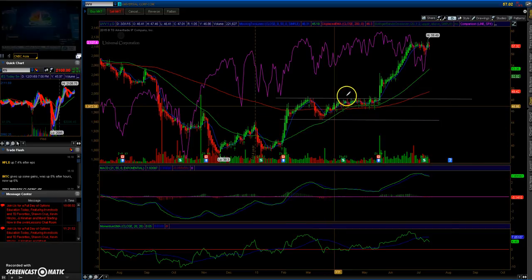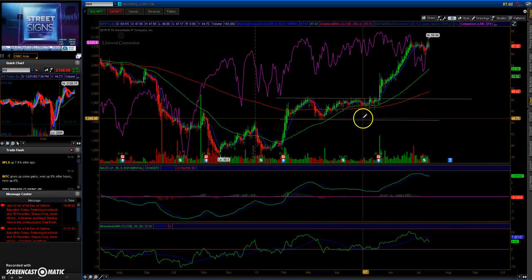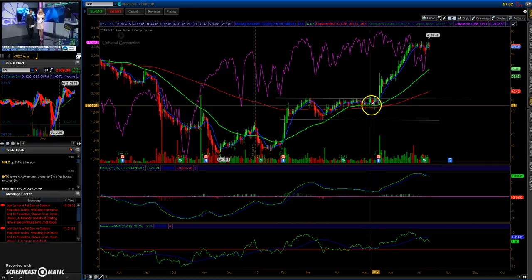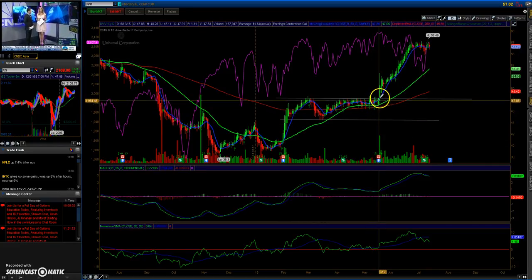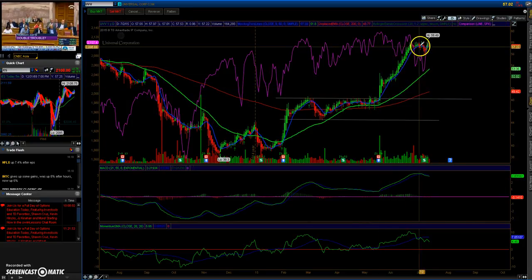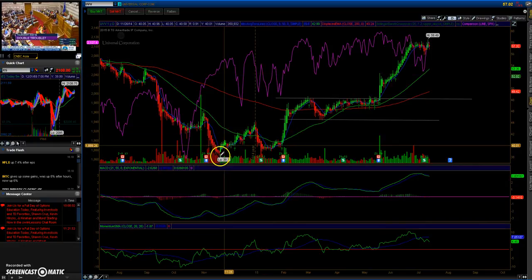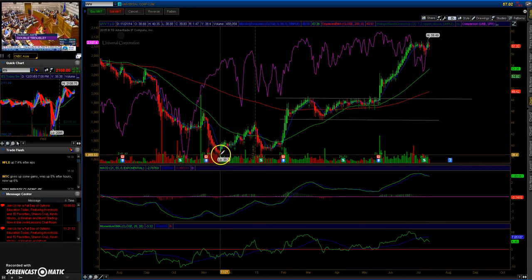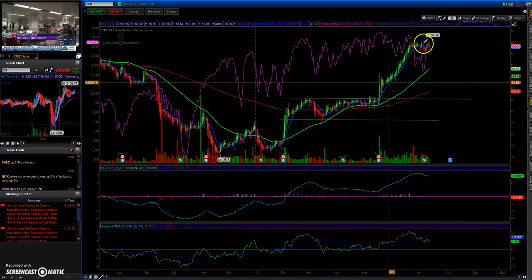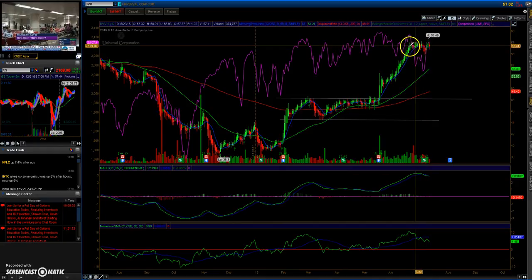So I expect price to play around this channel. Price is either going to break to the downside, then take the trade, or price looking like it's making its way up, and once price broke over here, you take the trade. And now you would have been riding it up here. But again, if you had good positioning, you would have bought the stock down here, or even down here, then this wave doesn't matter. You're waiting for this boom to happen, and then you start scaling out your position up here.